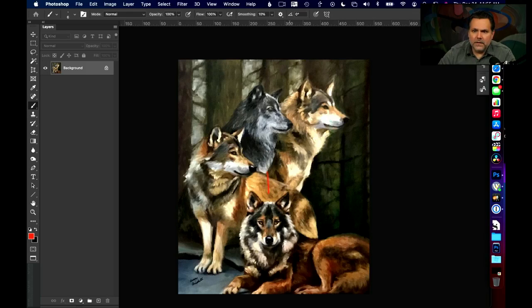Whereas over here on this dog, the highlight's right there, and then the shadow side of the body is right there. Well, if the light that's hitting this dog is going to be hitting this dog too, the light would probably be hitting this side of his face, top of his head right here, the whole side of his body right here, right? I can almost believe that same light source is hitting this dog, but there's a highlight right here, but not right here where I'd expect there to be a highlight on this dog. So